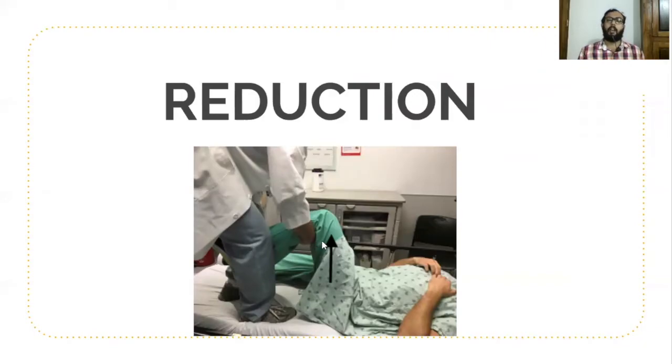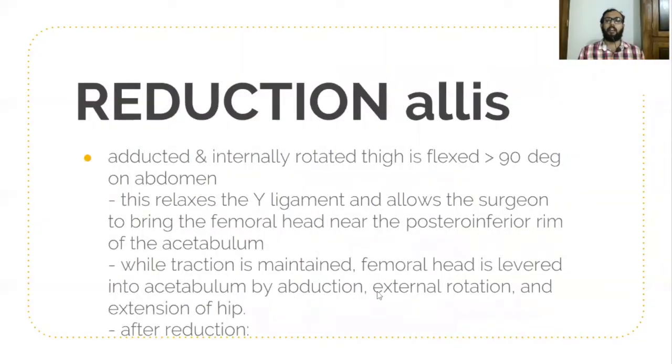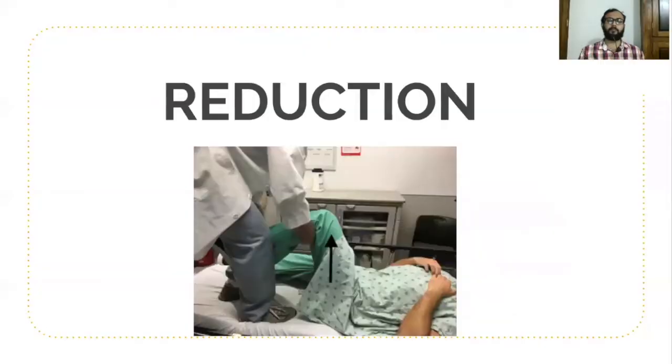Along with the traction, an assistant should fix the anterior superior iliac spine and pelvis, and along with the traction, just opposite to the attitude, the reduction method is applied. Internal rotation and adduction is the attitude, and the reduction is by external rotation and abduction. Along with axial traction, external rotation and abduction is done, which gives proper closed manipulative reduction. It should be done within 6 hours of injury. If there is more delay, then it is better to go for open reduction and internal fixation. This is regarding the reduction method of posterior dislocation of the hip.